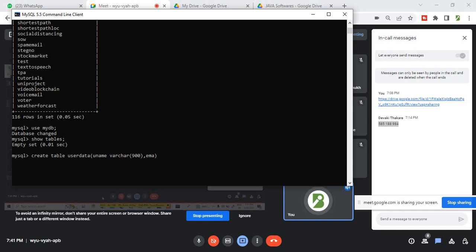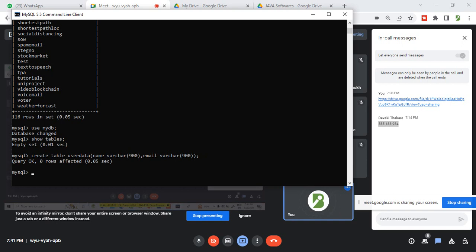I want to create a data table with two columns. I want to store data of what? Name and email. Okay. I want to store the data of two columns, that is, the first one is a name and second one is the email. So what the thing I am going to write down here? First of all, write down here name. So how I can change? I change this one column name to the u name. Sorry, at the place of u name I just put the name. So this column I created for taking what? Name as an input, and second column I am taken here for taking email as an input. Am I clear, guys? Give the semicolon at the end.